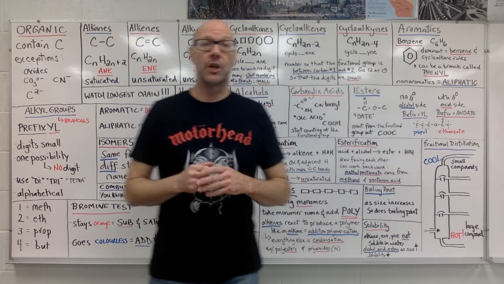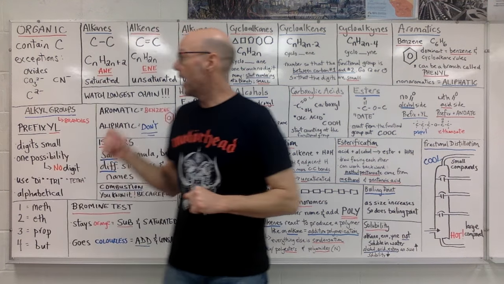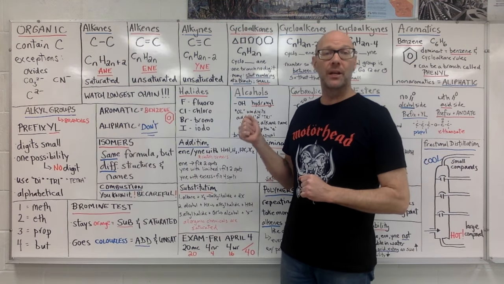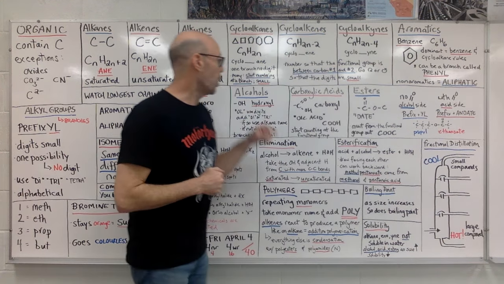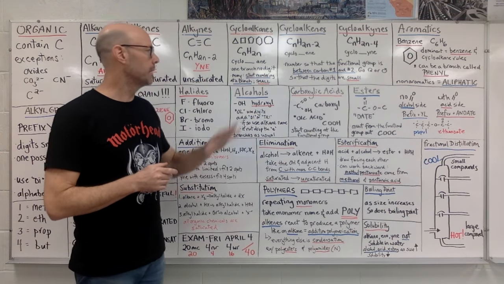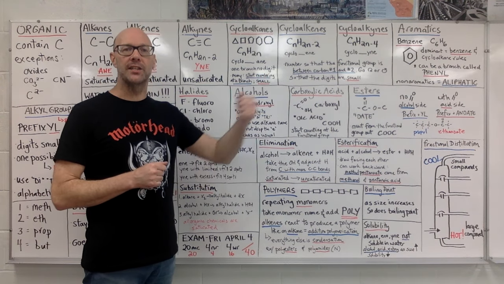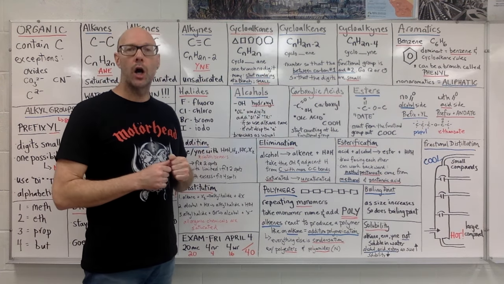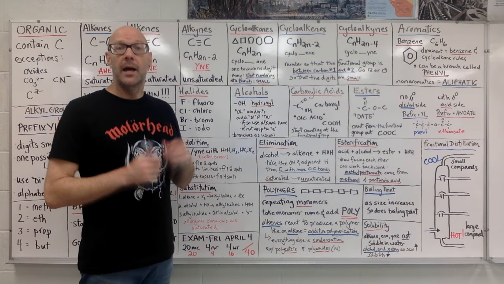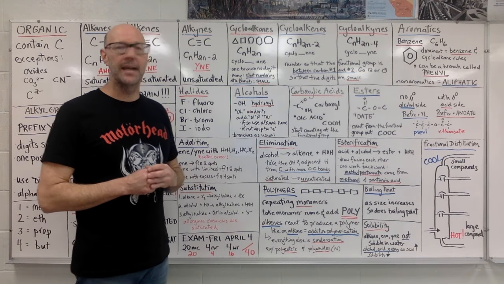After aromatics, we started to work our way through hydrocarbon derivatives. We saw halides. Maybe there's a fluorine, chlorine, bromine, or iodine somewhere in the chemical. Maybe we have this OH, a hydroxyl, to tell us we have an alcohol. A carboxyl, a double bonded oxygen and an OH at the end of a chain. We're able to identify a formula that has a COOH at the end of the formula for our carboxylic acids,